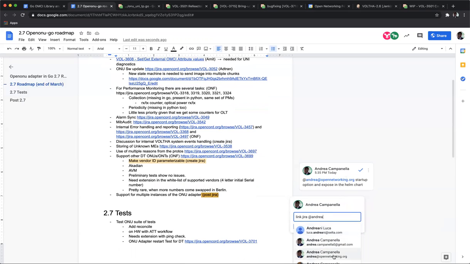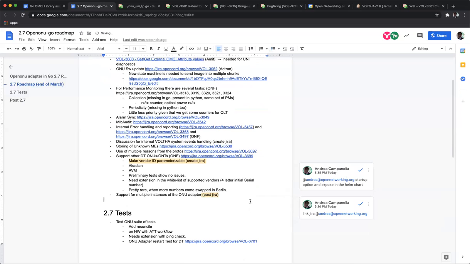Basically, as you guys know, before we were achieving some of the scale numbers with the Python version with a number of replicas of the Python adapter. With the Go adapter, we're achieving the same scale numbers with just one. So we didn't really bother putting in the capability to have multiple adapters running at the same time, because we didn't need it. But during the release process, in a few places, we forgot to set the number to 1 before we were deploying 8, and we found out that it wasn't working when deploying 8.